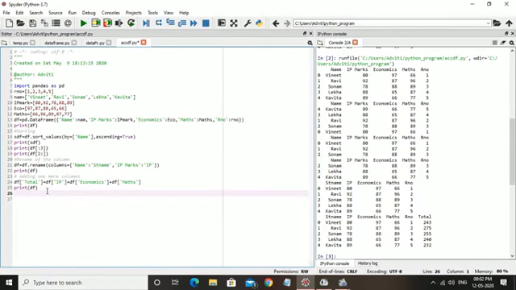Now, in the same way, we can access data values from the data frame also, selecting a column from a data frame. Pandas provides three methods to access data frame columns. Do you remember in MySQL, if we want to select some data from the table, we can use the command select star from table name? Then all the data of the table will display. But if we want to select a particular column, then we write select, then the column name, then from table name.